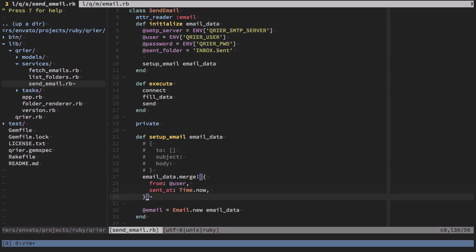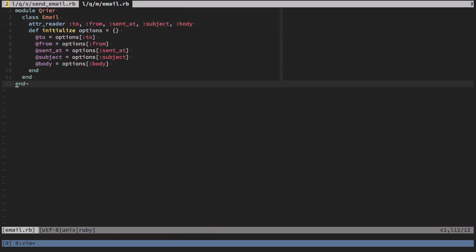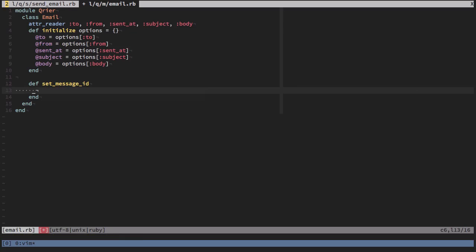Okay, the last thing that I need to do is to go to the email and call the set message ID. This will not be part of the constructor because I believe it's not supposed to. It's a separate task. So I'll call that method on the email and I'll define it right below the initialize method. So set message ID here, and I'm going to pass in a message ID operator here. This variable will be the result of digesting the contents of our email. It's up to you to define the digest mechanism, so I'm going to use digest